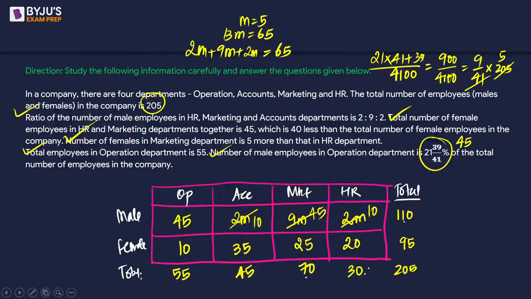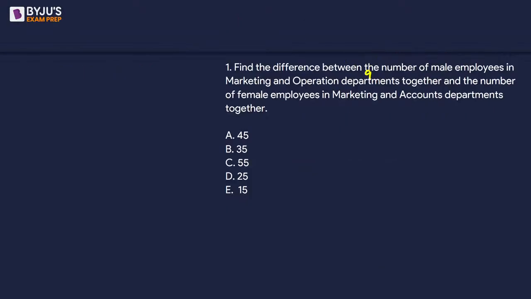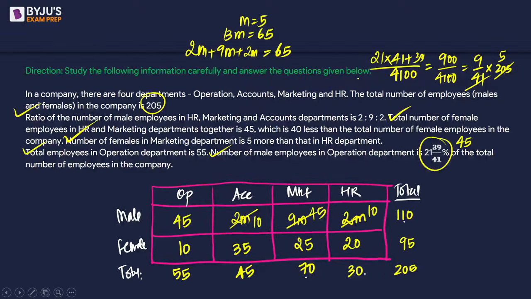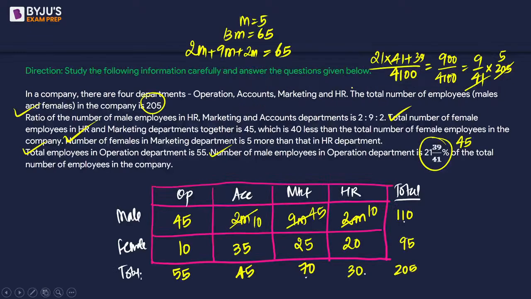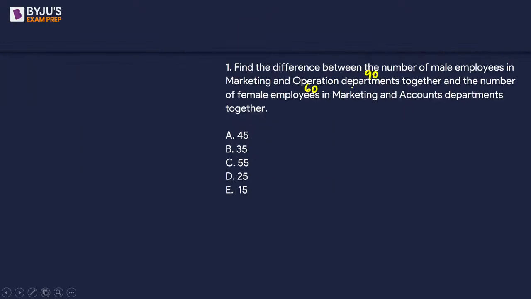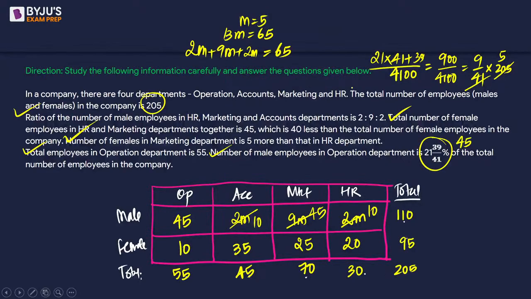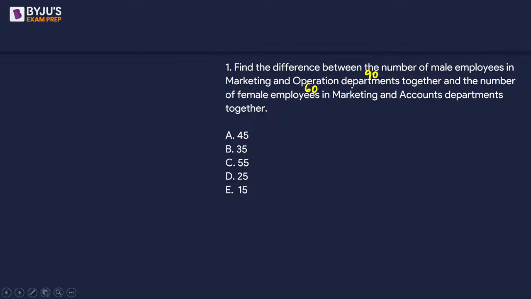Marketing and operations male employees together, that is going to be 90. And the number of female employees in marketing and accounts department together is 35 plus 25, which is going to be 60. So marketing and operations is 90, and this one is going to be 35 and 25, which is 60. Okay, so looks like there is